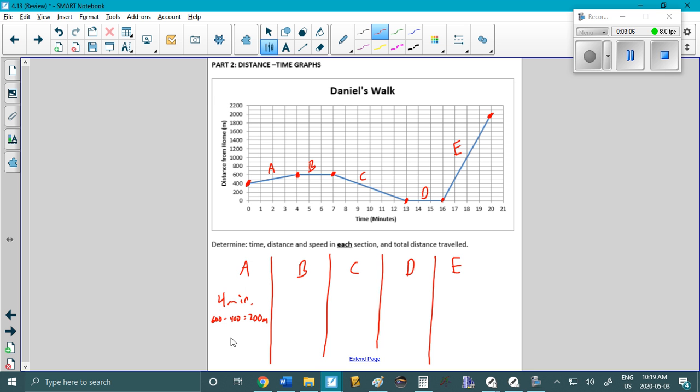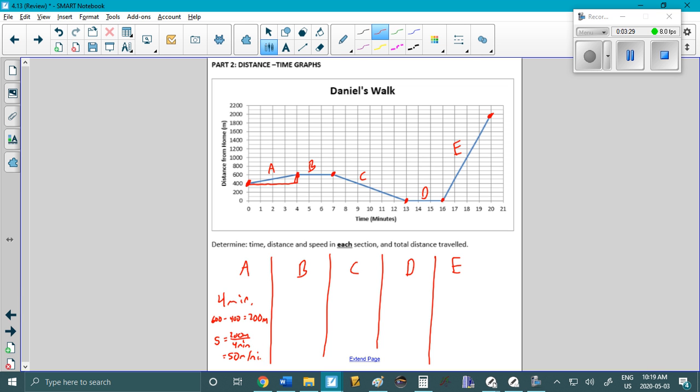To get the speed, which I'm going to call S, we do the distance, 200 meters, divided by the time, which is 4 minutes. You can also think about it as doing the rise divided by the run,